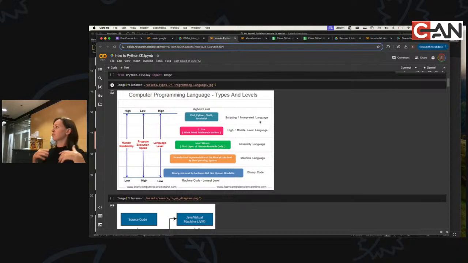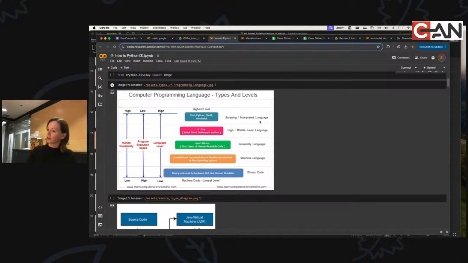As you move up to a higher level, Python is something called an interpreted language, which means it's very easy for us to understand. But the process it has to go through in order to translate the word "for" into something the computer understands takes quite a bit of time, computationally. Because there are all these translation layers, it takes some time from a machine standpoint to get down to that binary code. That's the trade-off you have. Languages that are easier for humans to understand run slower, because it takes time to translate that back down to the unintelligible binary code, bytecode.